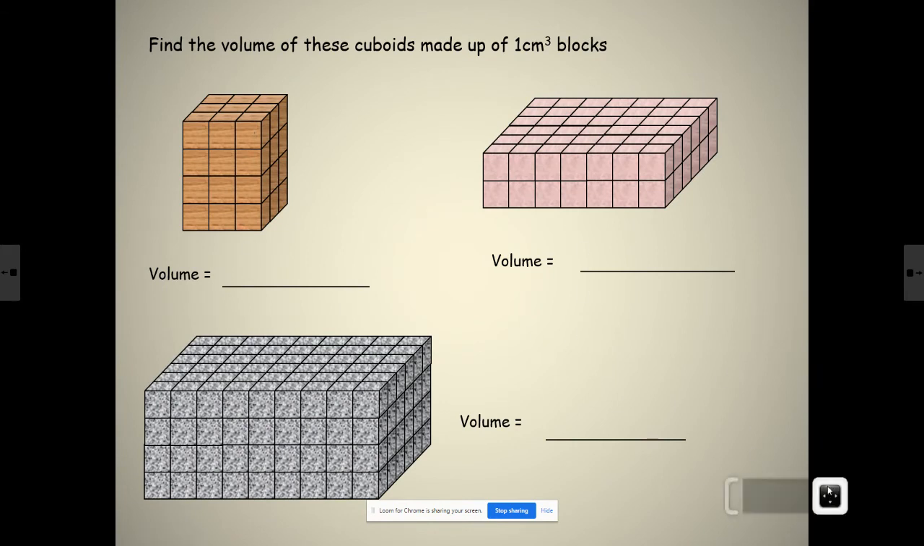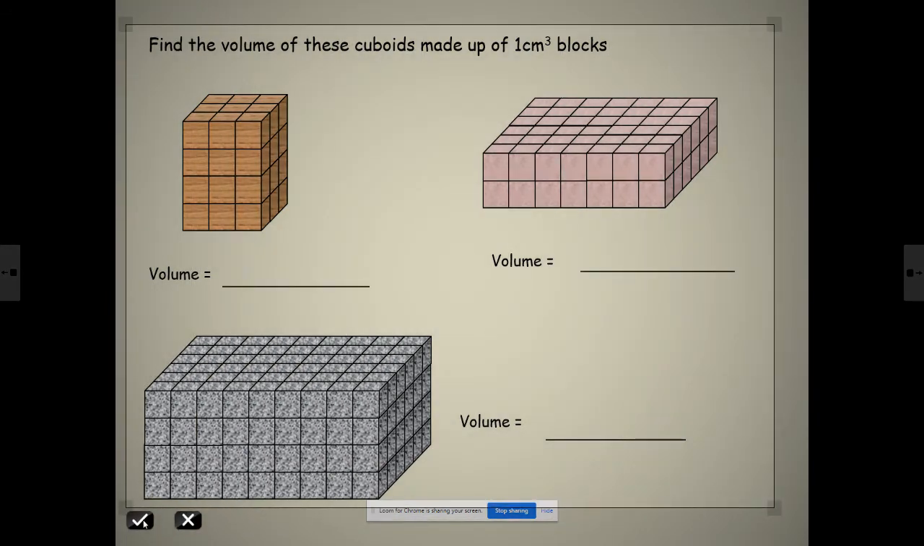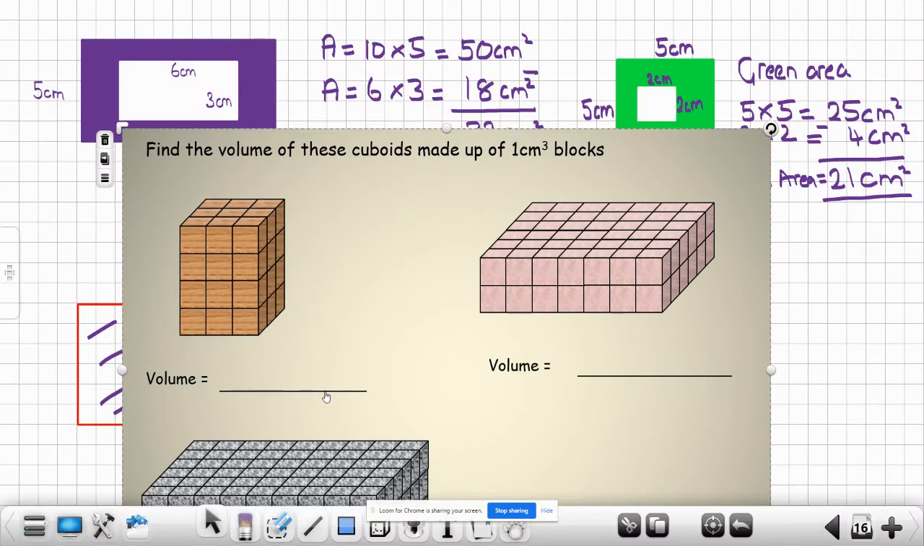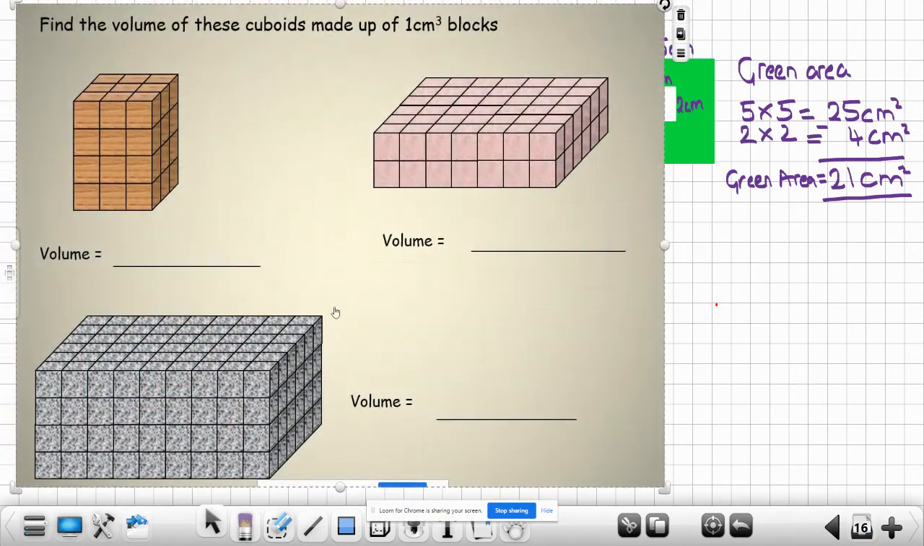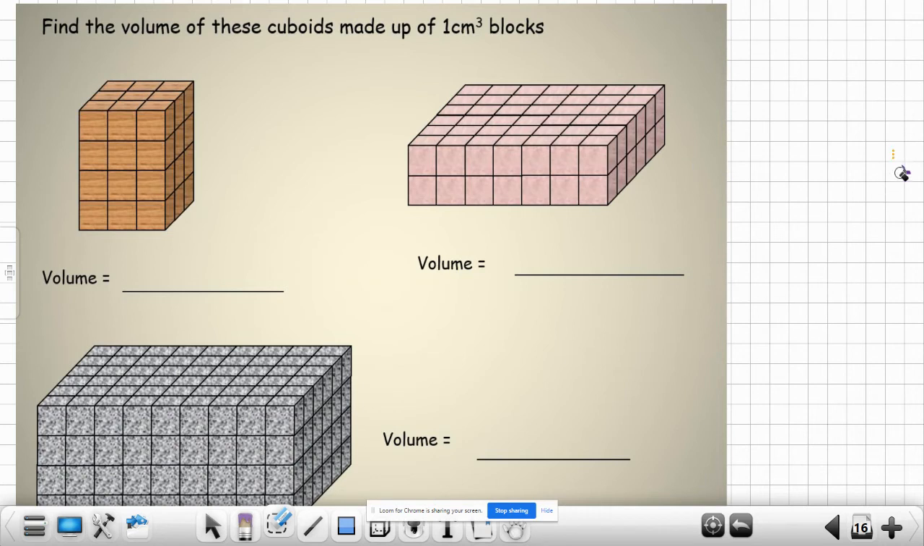It's not got the answers on here. So I'm going to copy this across and we are going to have a go at doing this. Okay, so if we want to work out the volume of these shapes, the first one would be,